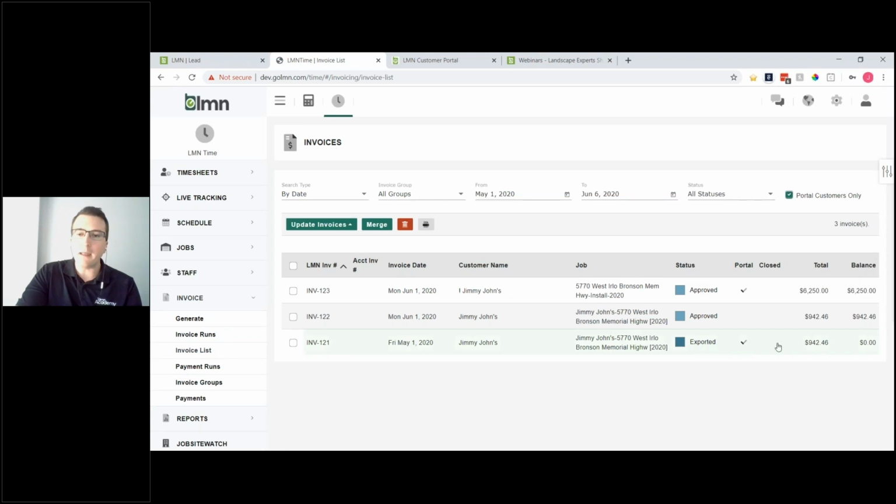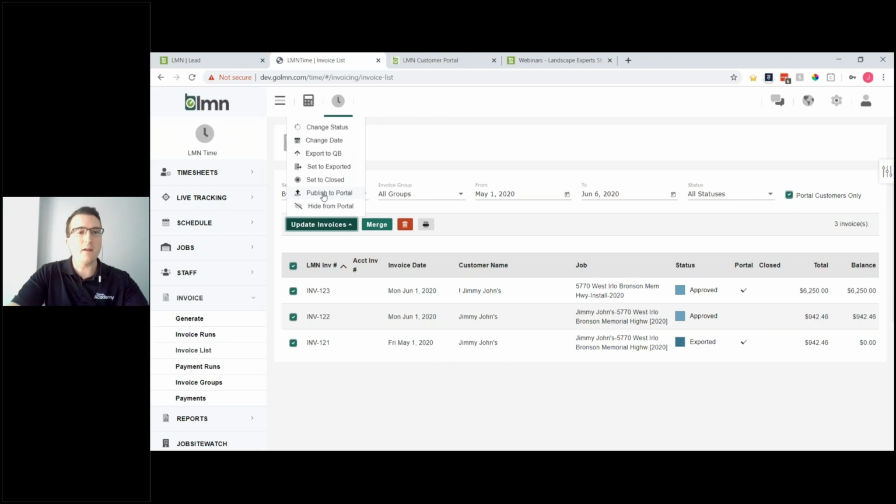Once the payment goes through and gets processed, there's an option to refund or void if you need to, assuming that's from the Card Connect side. So that's how you can send invoices to the portal in bulk, really simple from your invoice list. Again, just to show everybody for a second time: in the invoice list, I'm sorting by portal customers only, checking off all the invoices I want to send over. If you want to update which status you're looking at, you can certainly do that. And then it's just clicking this update invoice button